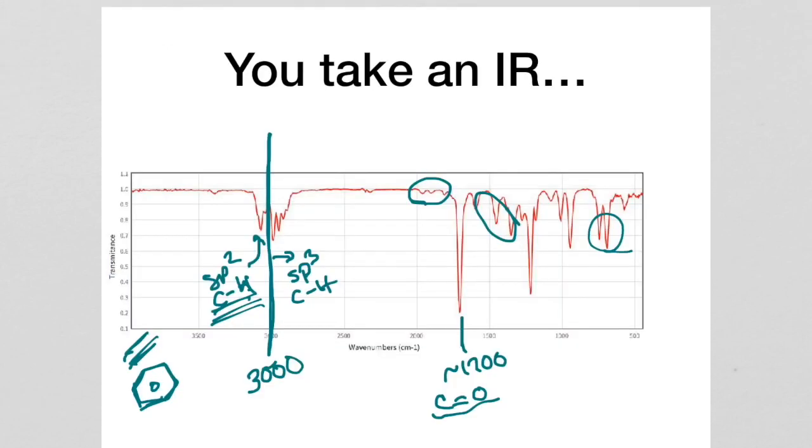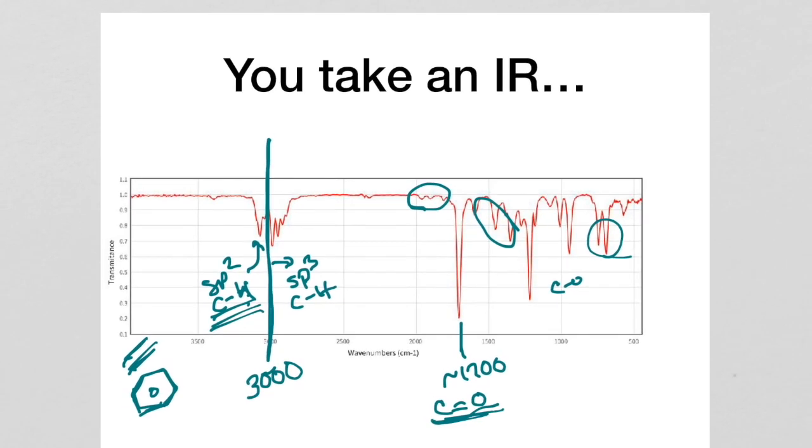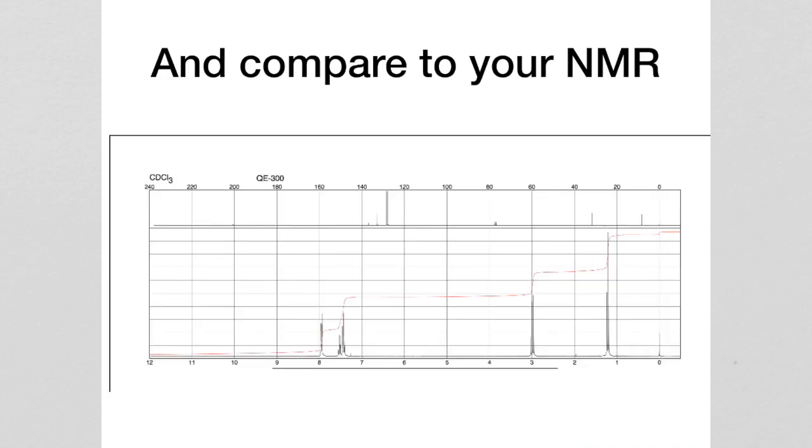Now, if you picked up on the fact that you have this carbon-oxygen double bond, and that we don't have a CO single bond stretch here and we don't have anything really indicative of an aldehyde, you could probably go ahead and go to the functional group tables. If you weren't doing the IR in this level of detail, and a lot of you don't yet, and that's good because I don't want you to, what you might have to do is go to your NMR,